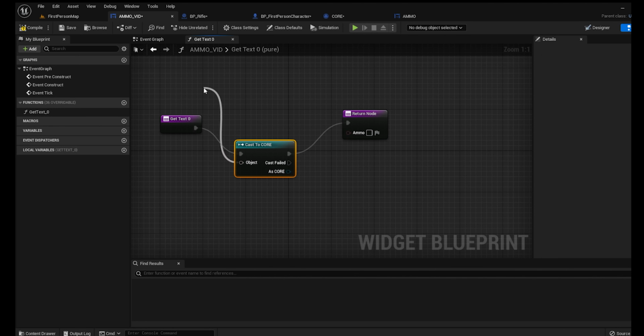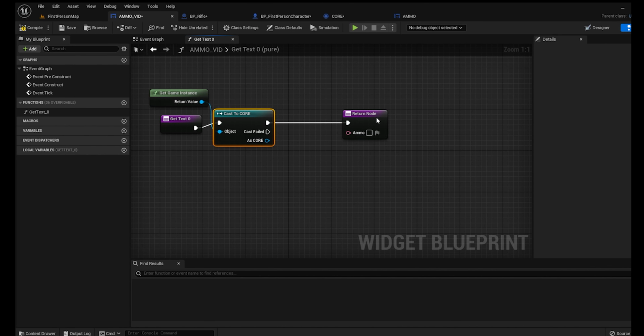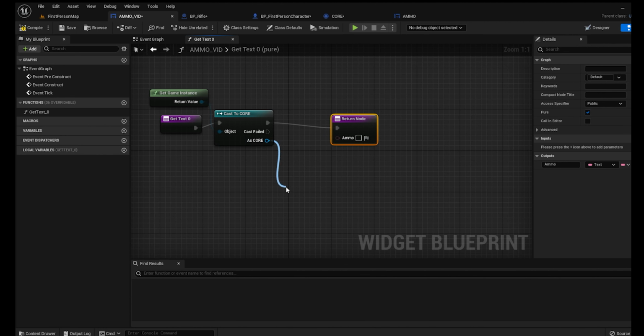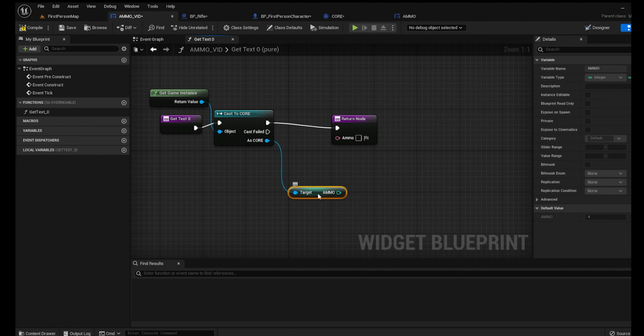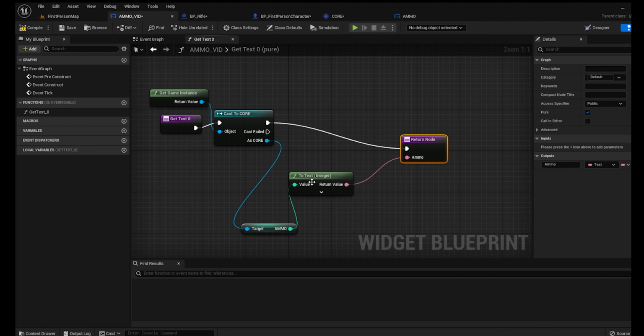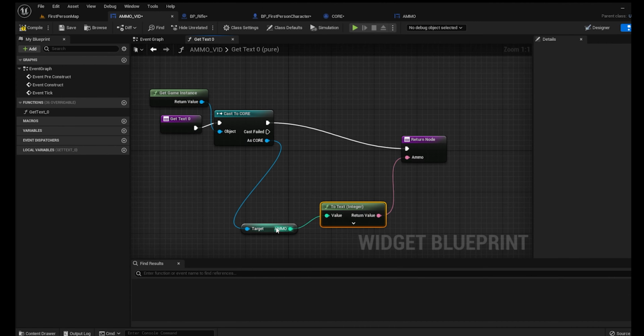I have already something here, and of the object we are going to get game instance. So in the game instance, we are going to get our variable, which is now get ammo. And actually we can just put it inside of here. It will be text,